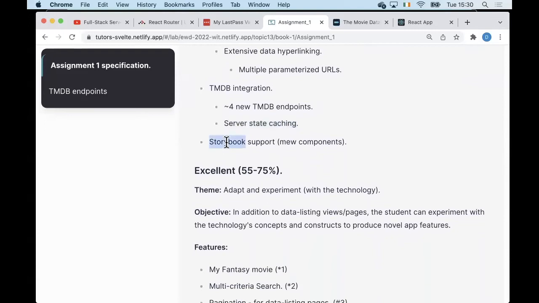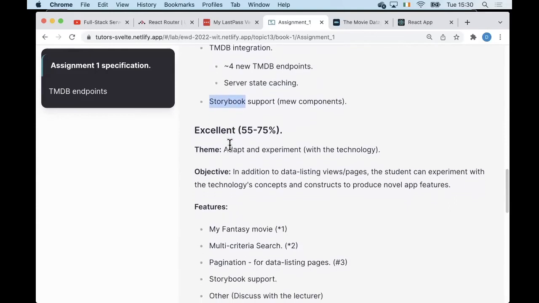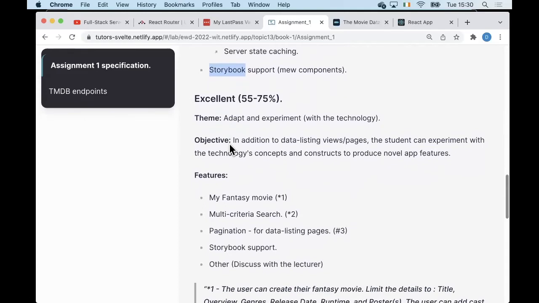In terms of Storybook support, any new components that you will have developed, just write at least one story about them. So you can demonstrate that you have used Storybook and you know how to use it. So that's that bracket. In the 55 to 75, I'm talking about,